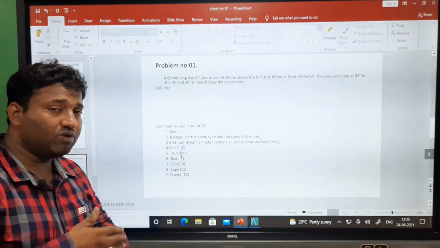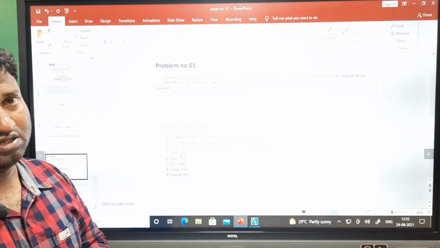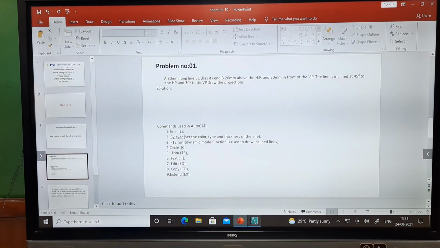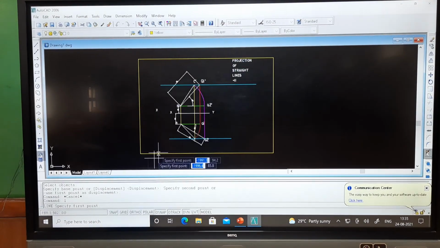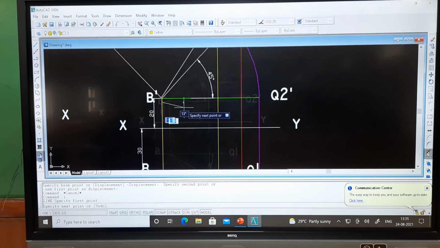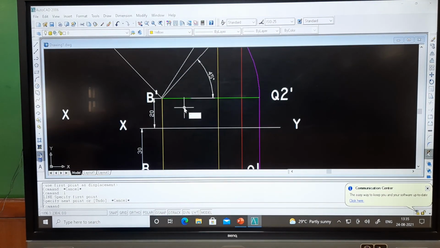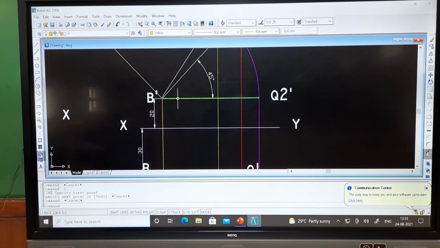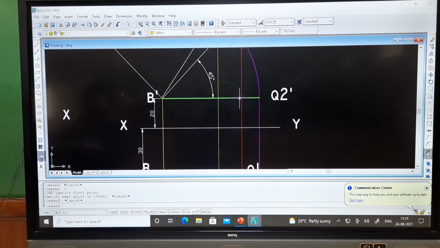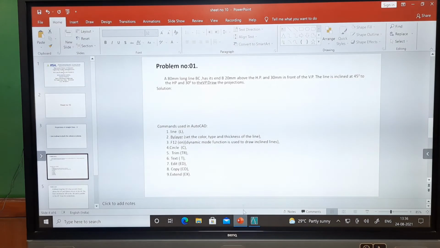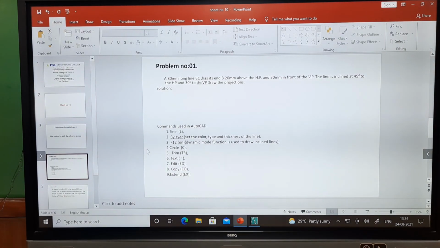And finally, if we want to extend the line, in this topic we have used the extend command, to represent the angles, this green color line. This line we have drawn with the help of the extend command. Here if you see, it is a continuous one, we have extended it, there is no break. It is the extended one, meaning a single line. Now finally we are going for the next.